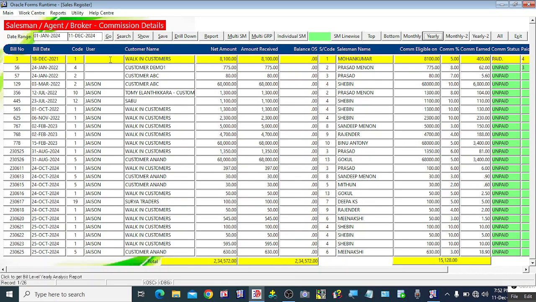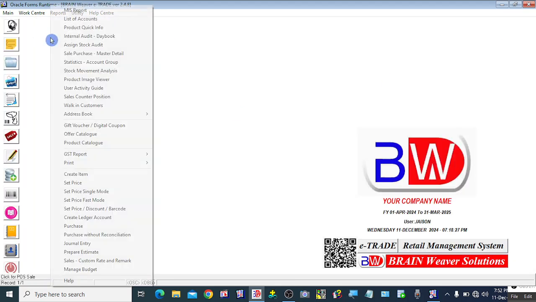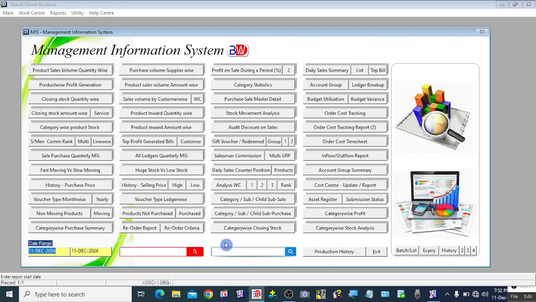There are various reports attached in this salesman commission details window. Again, in the MIS reports also, we have attached several salesman reports. Here you can see, during the date 1st January 2024 to